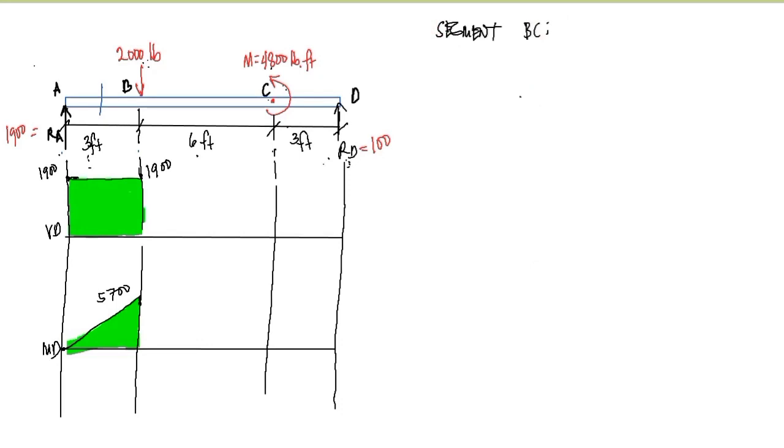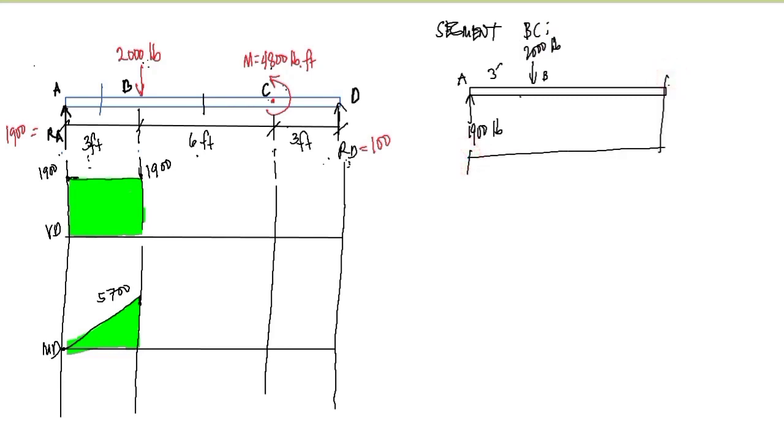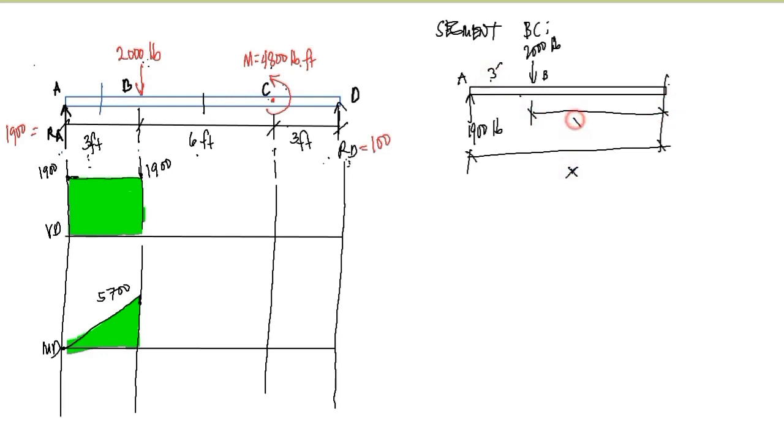For the segment BC, we are going to cut the beam anywhere between B and C. For the reaction, we have here 1,900 pounds, and at point B, which is 3 feet from point A, we have here 2,000 pounds. And this is our distance x from point A. So at this point here to the section, since this is 3 feet, this is x minus 3. So in here we exposed our shear